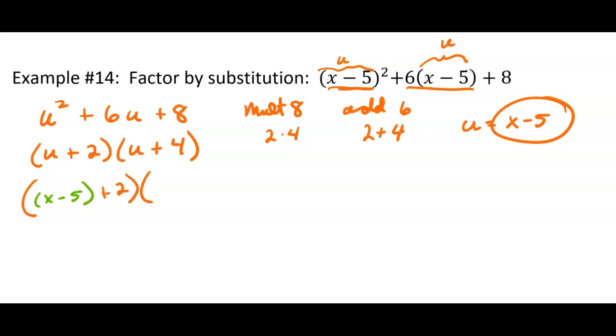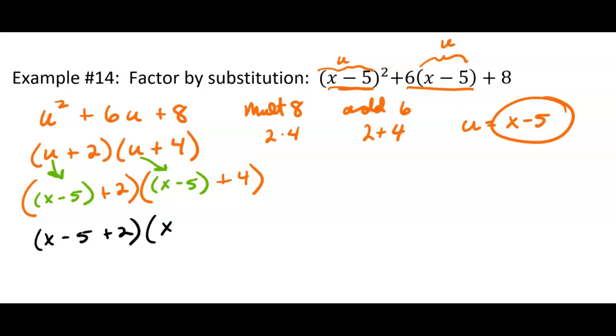I'm hoping the colors help you to see what's going on. So the substituting I'm talking about is right here. That x minus 5 is going in for that u, and on the other binomial, x minus 5 is going in for that u. Now, an interesting thing happens on this problem. I don't really need those parentheses. I was just trying to show you a visual of what's going on. So I could write x minus 5 plus 2. There's nothing to distribute. And the other one I could write x minus 5 plus 4.